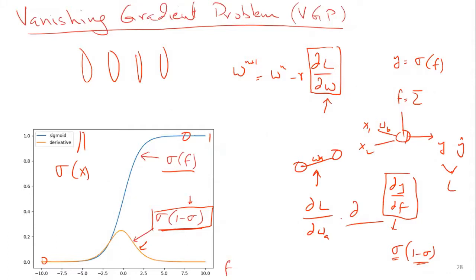So this will become close to 1, so this will become close to 0, and as f becomes very large, sigma will become close to 1, 1 minus sigma will become close to 0, and when you multiply this, you get something like 0. Somewhere in the middle, it's like 0.25, and somewhere over here, it goes to 0. So what you're seeing here is that the problem is that if you have